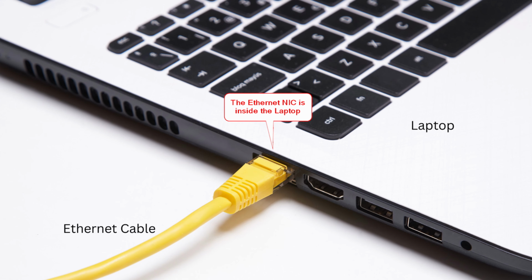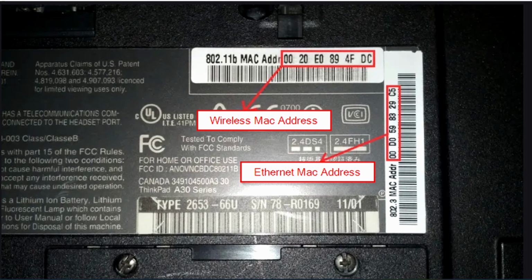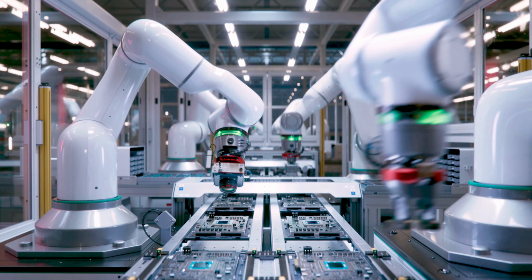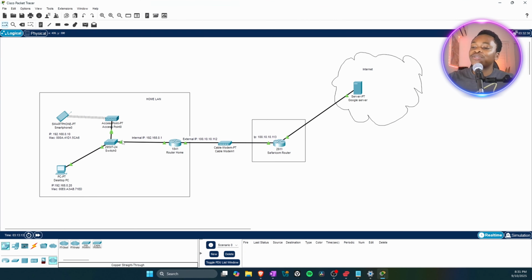Those network interface cards have a specific number. That number is called a MAC address. And that number is unique to that network interface card. So it's unique, it was manufactured by a company, and they put that number on the network interface card. Now, when you're trying to connect to the network, let's say we're connecting using our wireless network interface card,